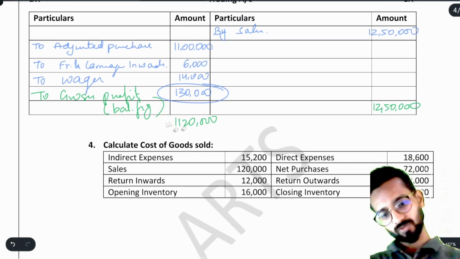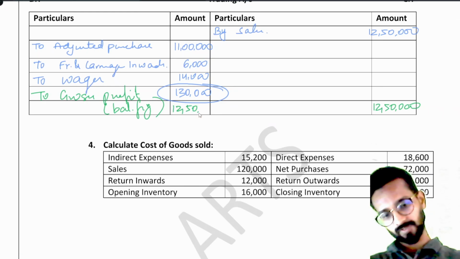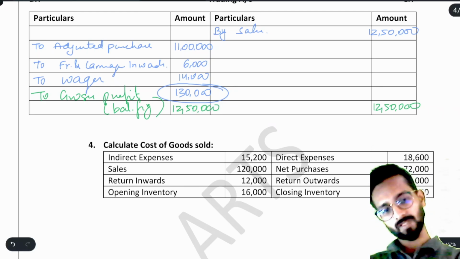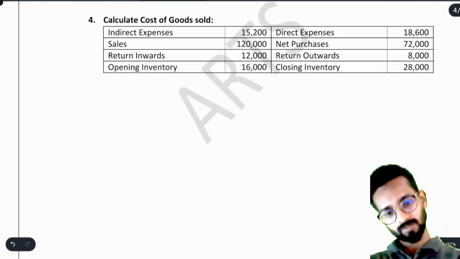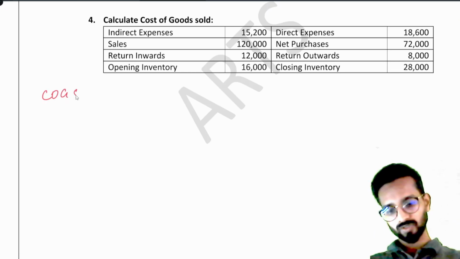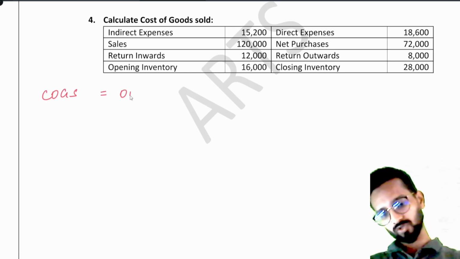So you will write the total here also. Do not forget to write total. 12,50,000. Okay. Now calculate cost of goods sold. See, cost of goods sold. What was the formula? Cost of goods sold formula is opening stock